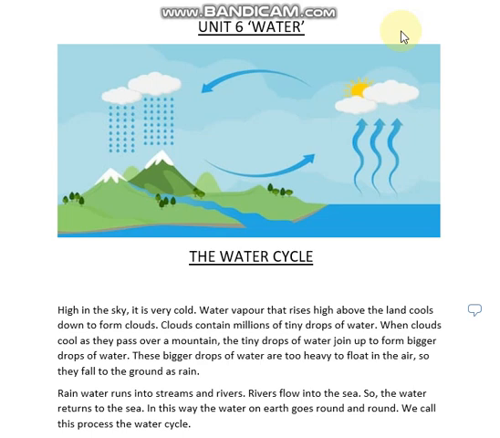In that video I have explained to you that water is found in all three states of matter. Solid water is ice, liquid water is water, and the gas form of water is water vapor or steam. Then I explained to you water in the air. Topic: water in the air.